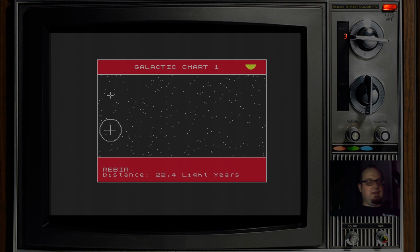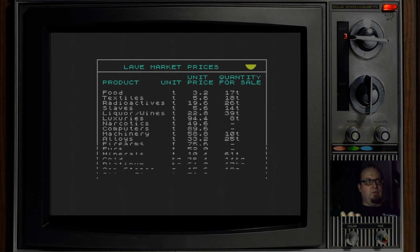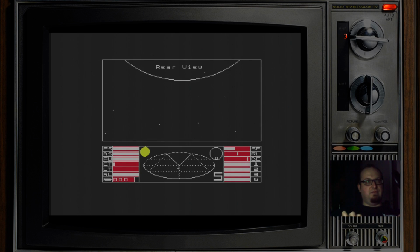No. N and M feel reversed. Can I get different keys? No. K gives you that screen. Okay. 2 rear view. 1 front view. But now we can control the ship. Yeah. Oh, that spins. That's why it's reversed. Okay. So what is that? What is that? No, go this way. No, spin. Definitely